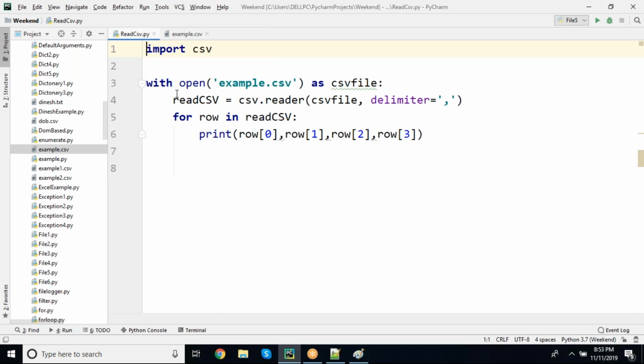Then you can see we are importing the CSV module. So if the CSV module is not available, what you have to do? Pip install csv. I hope you know about this one. Yes or no? Yes. Next,